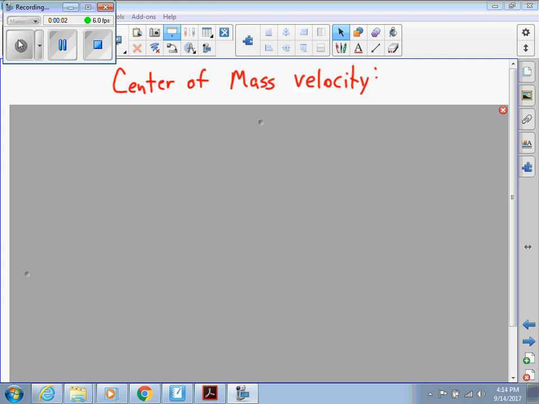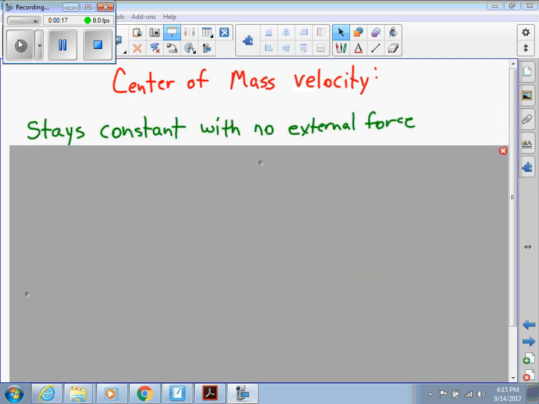Hi, today we're going to start talking about center of mass velocity on our second installment in Momentum. We said last time that if you have a system, the velocity of the center of mass stays constant as long as there's no external force to that system. So if there are no other forces acting on that system, the velocity of the center of mass is going